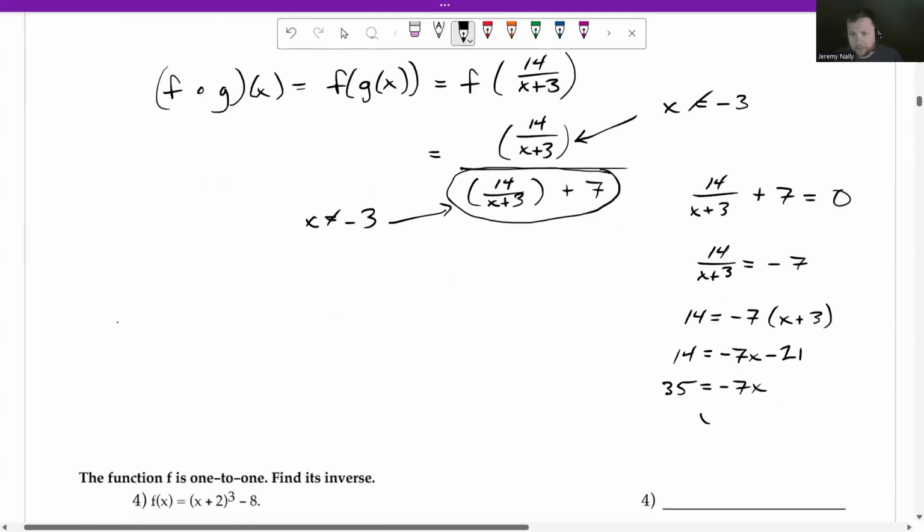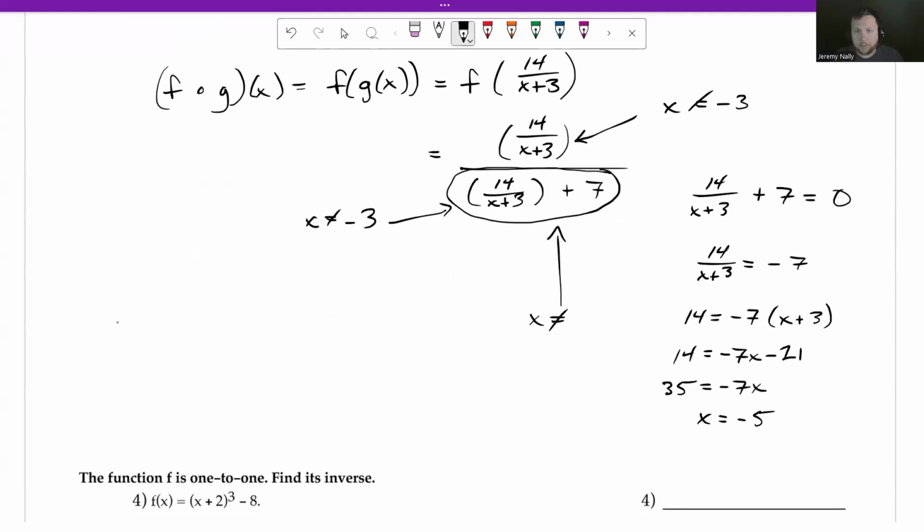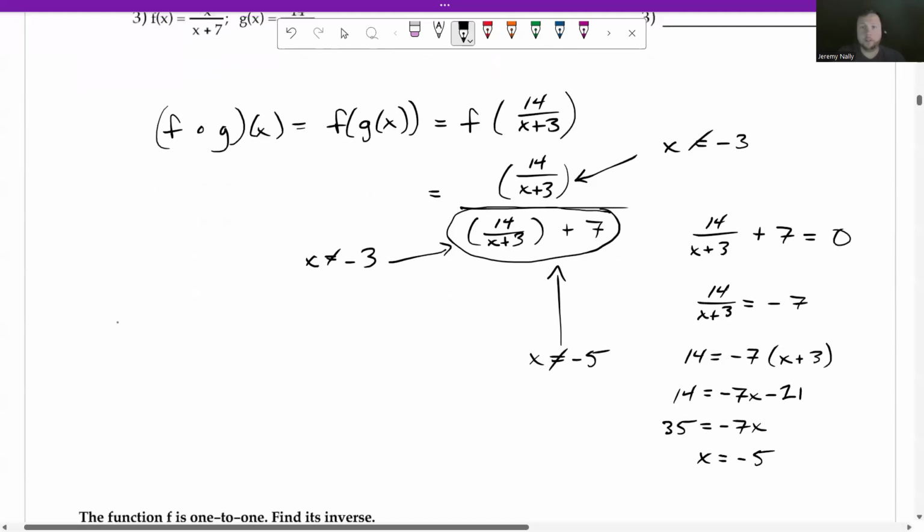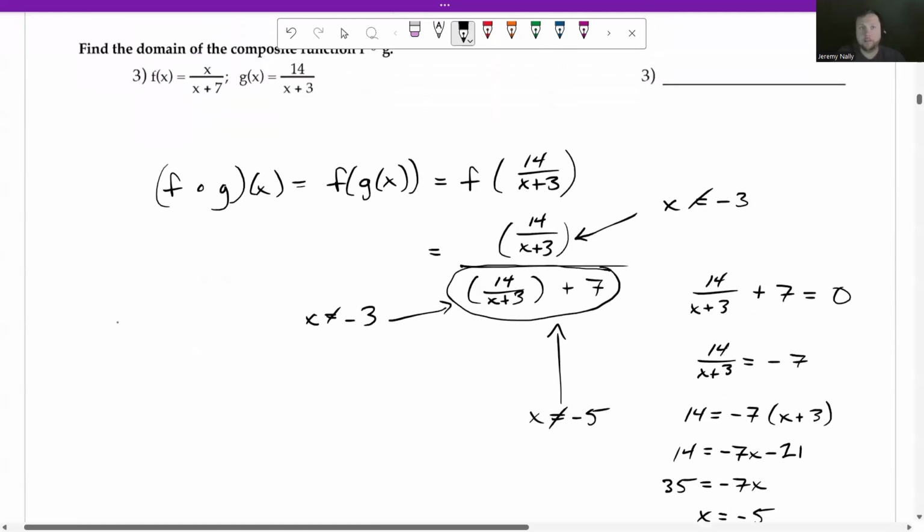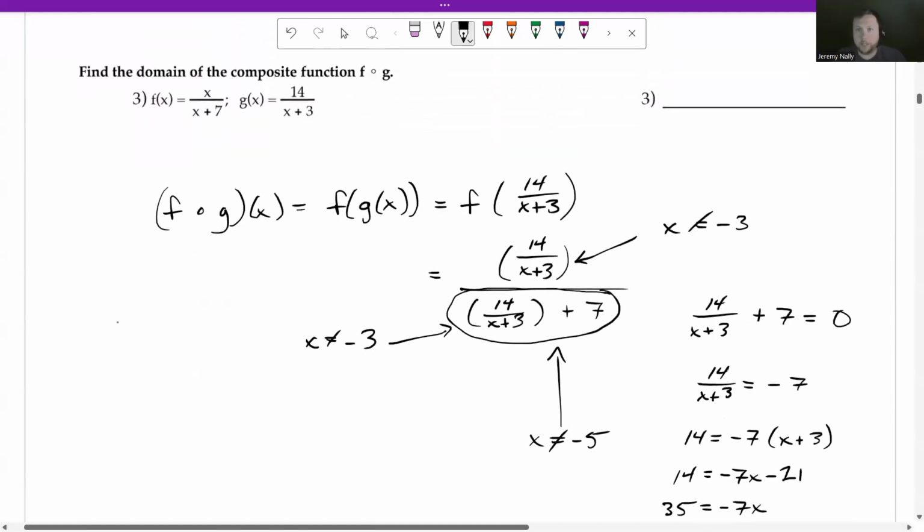And we get x is equal to -5. So then this part is giving us x better not be -5, because if it's -5, then we'll end up dividing by 0 in that big denominator. So then the final domain,